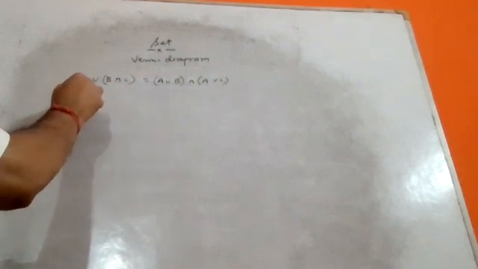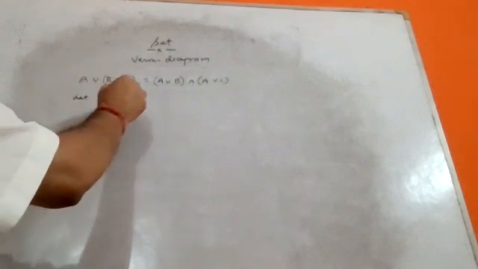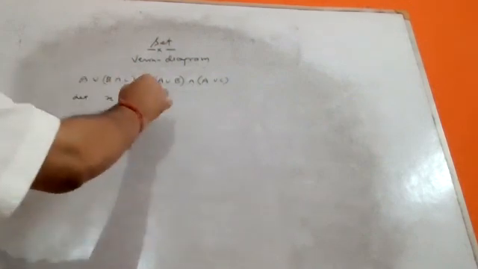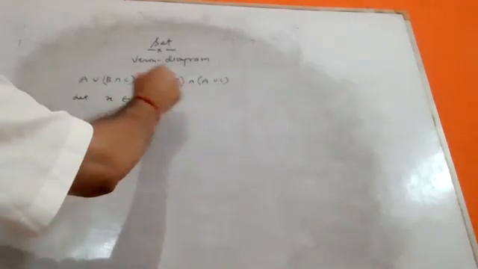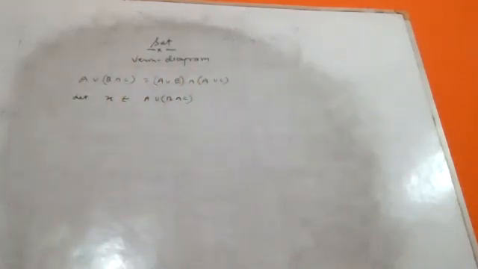First of all, let the element X belong to A union (B intersection C). This is your first step. X is some arbitrary element. Arbitrary element means when the writer takes some element as a constant, it is known as an arbitrary element. So here X is the arbitrary element of A union (B intersection C), right? So the first step is X belongs to A union (B intersection C).